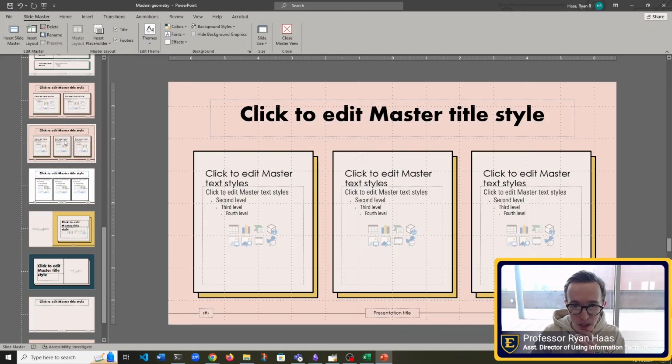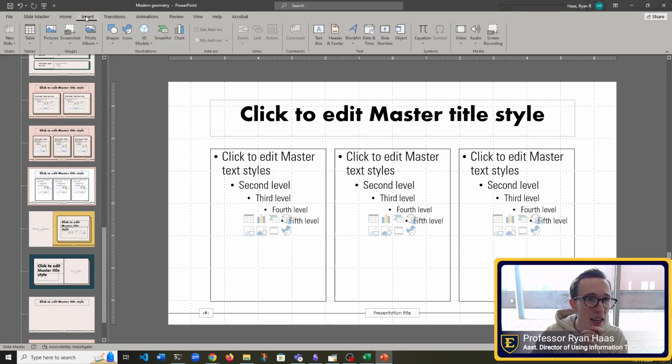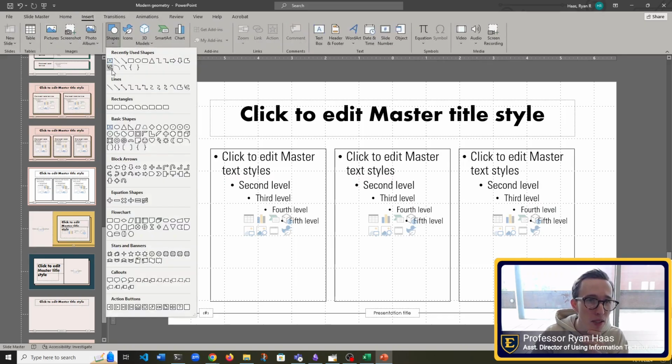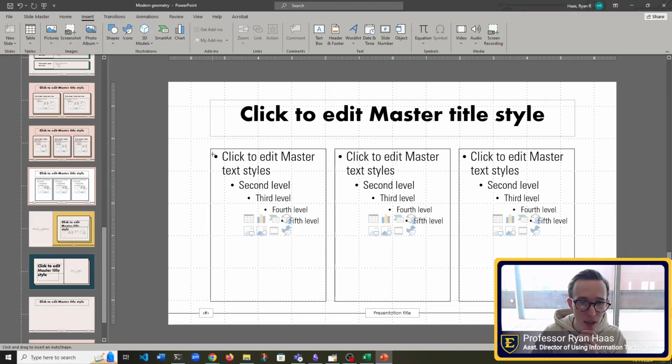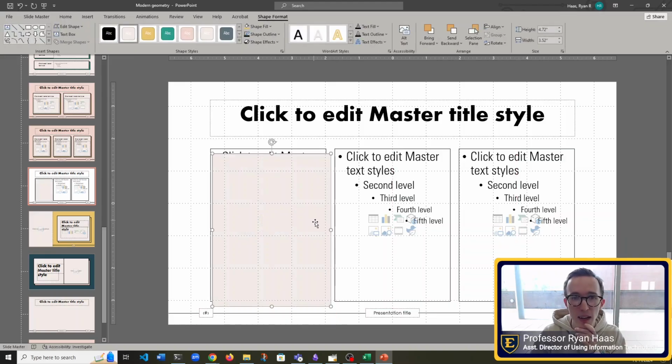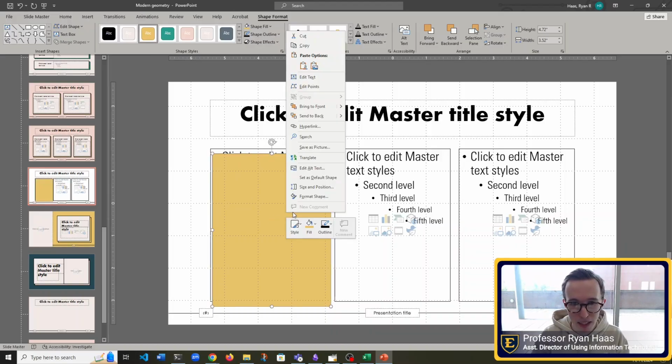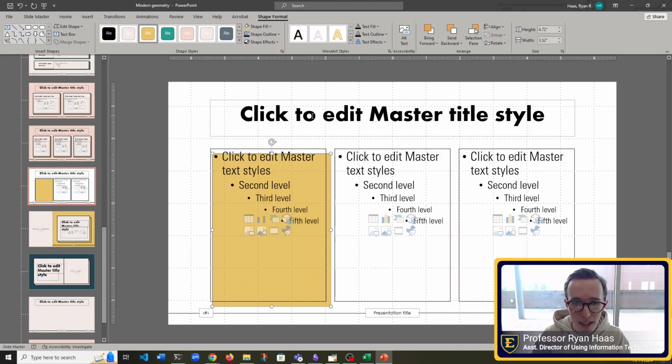And now if we wanted to do like this one where they have a little box behind them, I can say Insert, Shapes, and I can grab a rectangle here and kind of put it right there. And now I want to fill it with this yellow color, so it's already pulling that from the theme colors. I can choose that, and then if I select Send to Back, now you'll see it goes behind it.